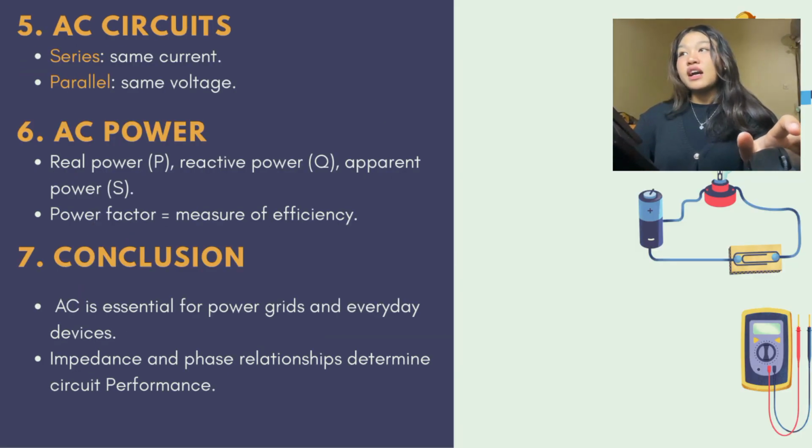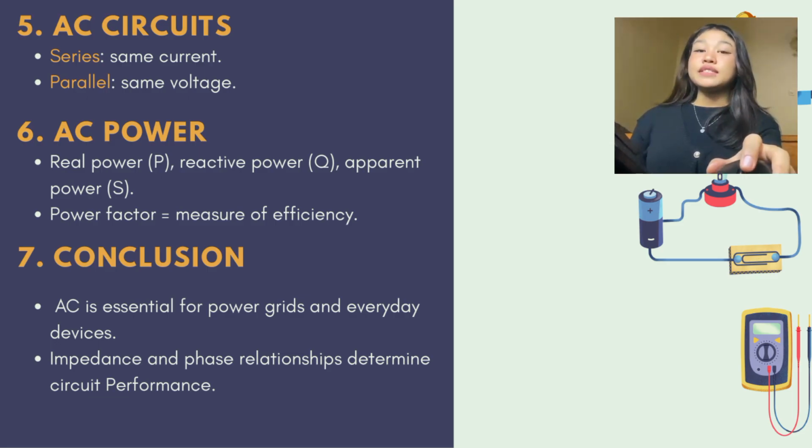Point 5. AC circuit: series, same current, and parallel, same voltage. Point 6. AC power: real power P, reactive power Q, and apparent power S, and power factor, that is a measure of efficiency. In conclusion, AC is essential for the power grid and everyday devices, and impedance and phase relationship determine